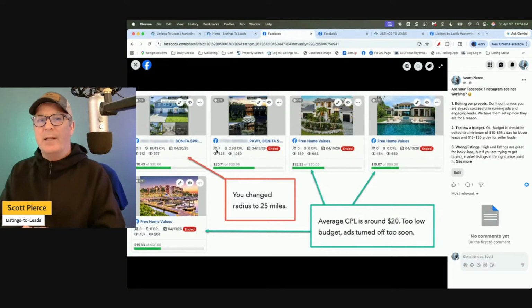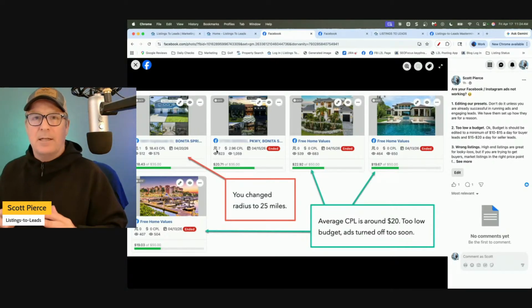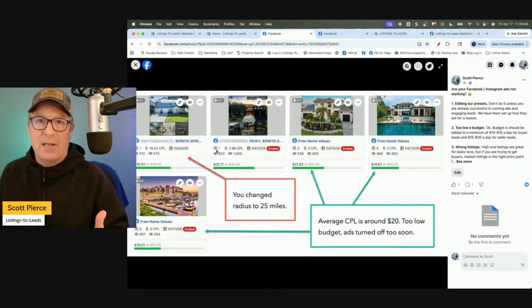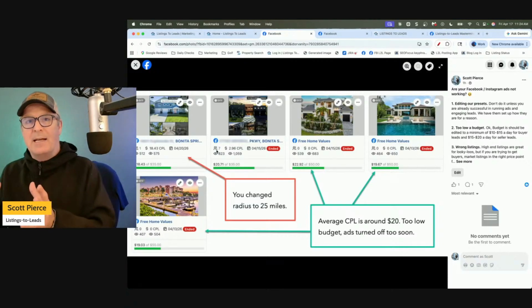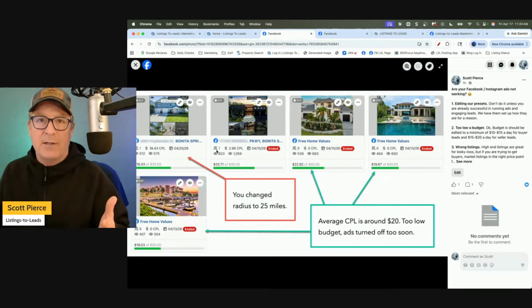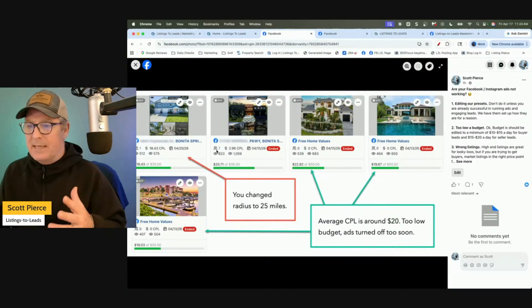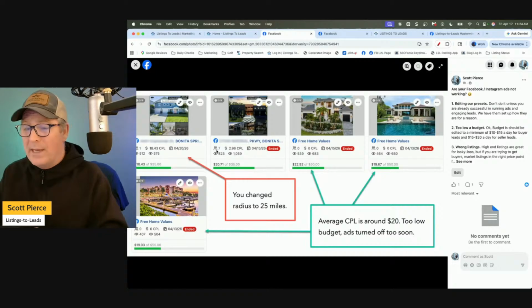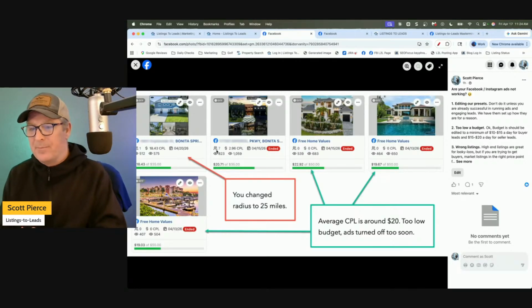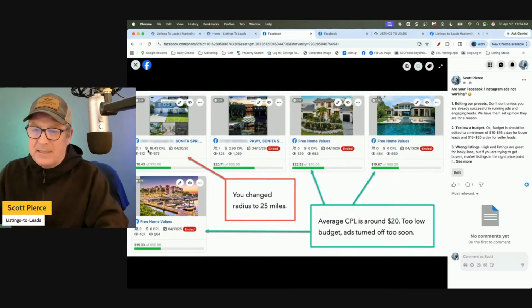You want to be generating 3 to 5 buyer leads a day, and then you want to be generating at least like 2 to 3 seller leads a day. So if I got an ad going for seller leads, I want to make sure I'm generating 2 to 3 a day. If it's buyer leads, I want 3 to 5 a day. If you're generating 1 buyer lead a day, that's just way too little. That budget should have been about $120 versus 35. And then this ad right here for 1843, she changed the radius from 15 to 25, and I'll show you that.